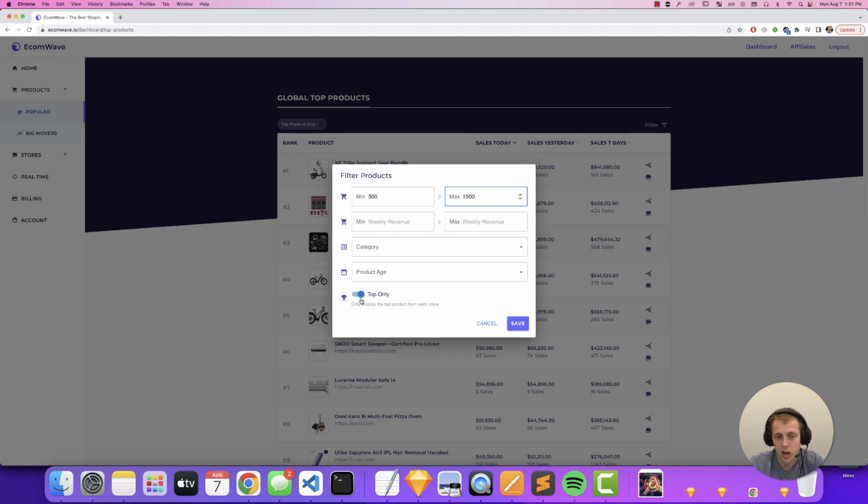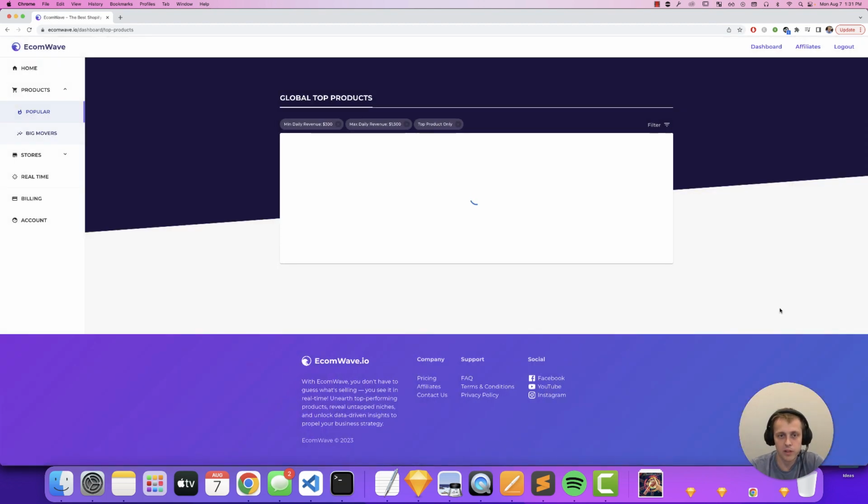And I like to keep this top products switch turned on. It's on by default, and that basically just prevents multiple products from the same store showing up. So if one store is completely dominating and you see just 20 products in the exact same store, it can get a little overwhelming, and it's kind of nice to see a variety of products from different stores, so I like to keep this switched on. But this is a good filter set to start with. Click Save,